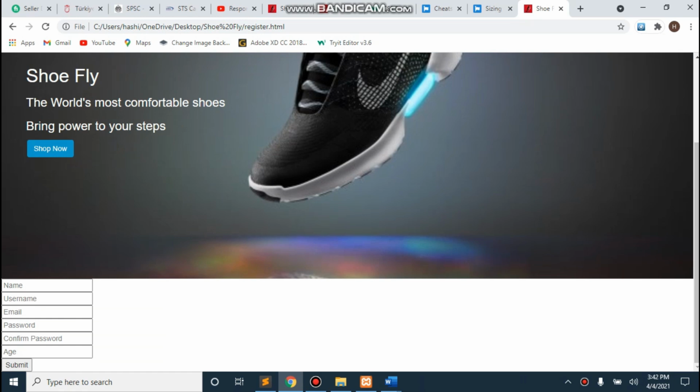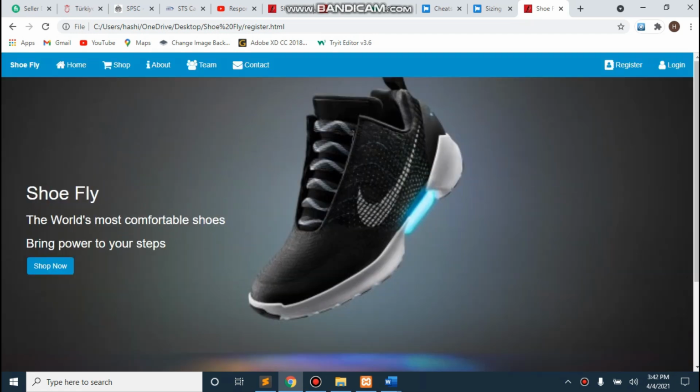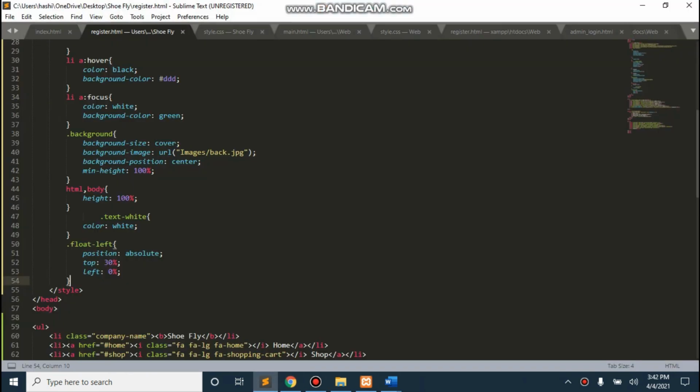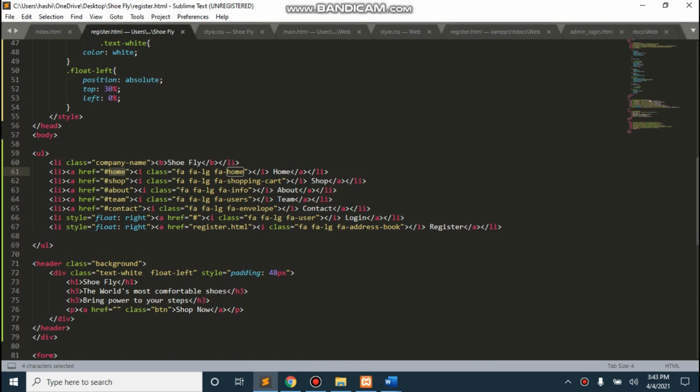And now we need some styling for this registration form. But before this, if I'm clicking on this contact, it's not diverting towards contact because we are on register.html. This is a separate file and this is a separate file. We have given for these navigation tabs like home, team, about, contact, we have given the reference